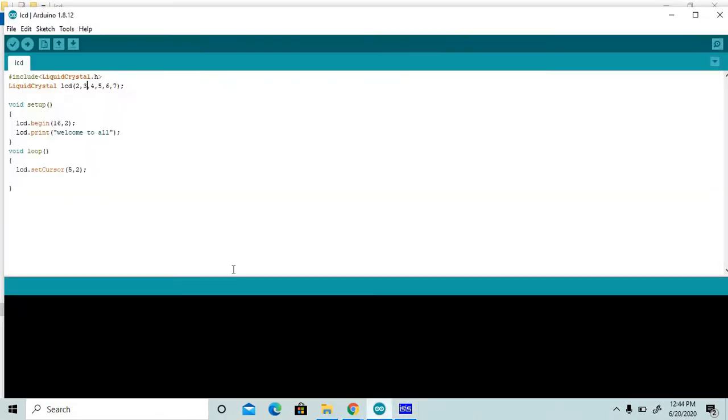Okay, after that in setup, which LCD are we using? We are using LCD.begin with 16,2, a 16x2 LCD. For printing anything, we use this one. Welcome to all. When you write this in the loop, then this program operates infinite times and you have to use delay and everything. So first you have to work on